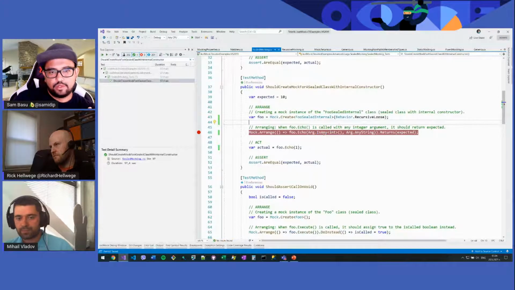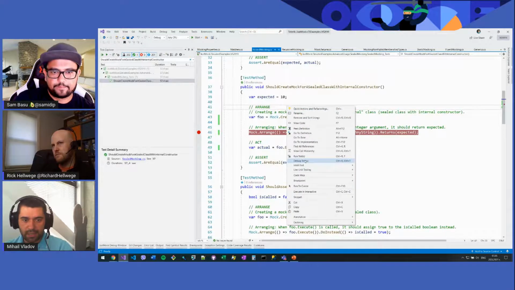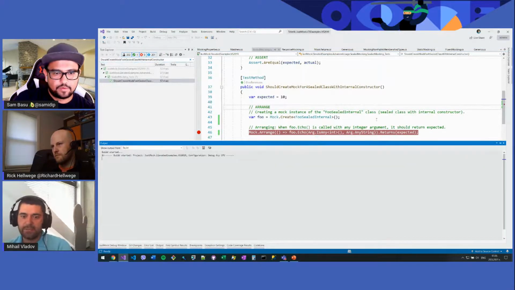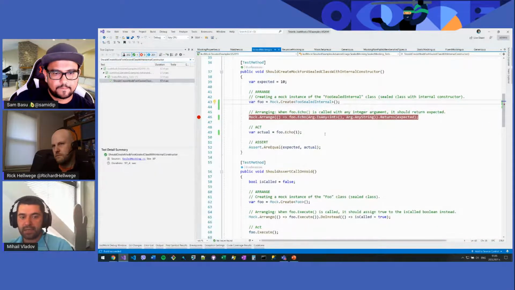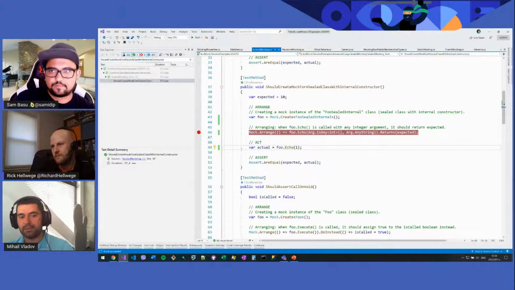Okay, so when do I see the debug window? Because that is supposed to show you the arguments, right? Yeah, but actually I exited the debug mode, and I will just start it again. But you can notice that in the acting phase of the unit test, we are calling a different kind of method which accepts just one argument. And I will show how this will impact the whole unit test.